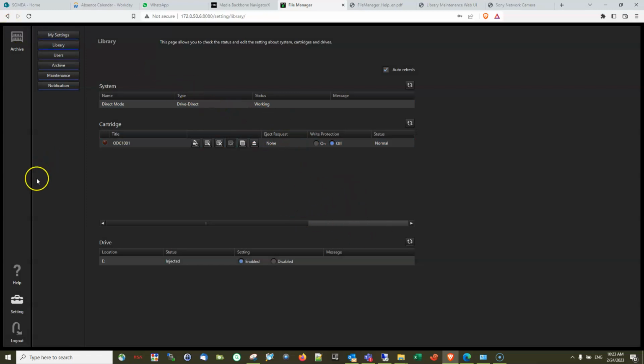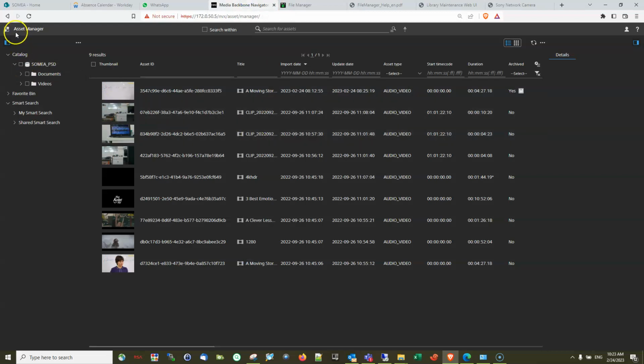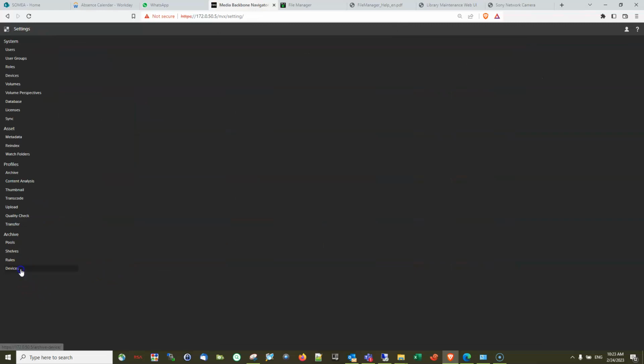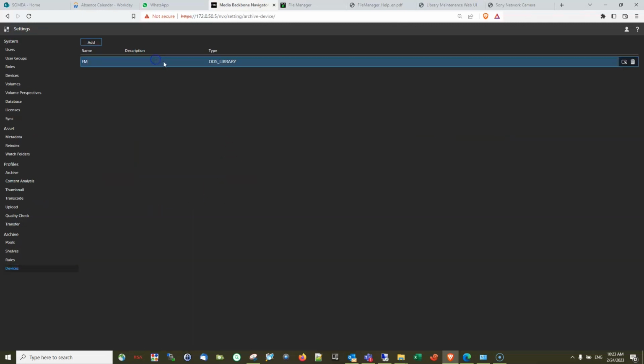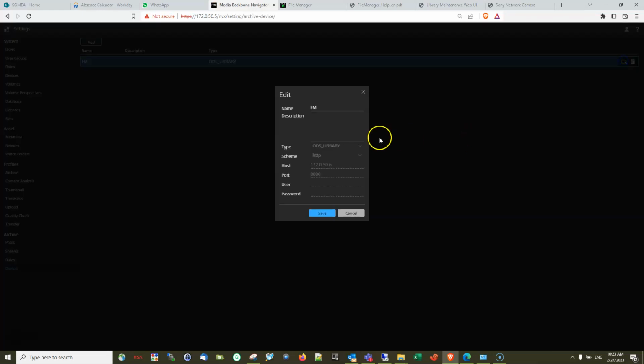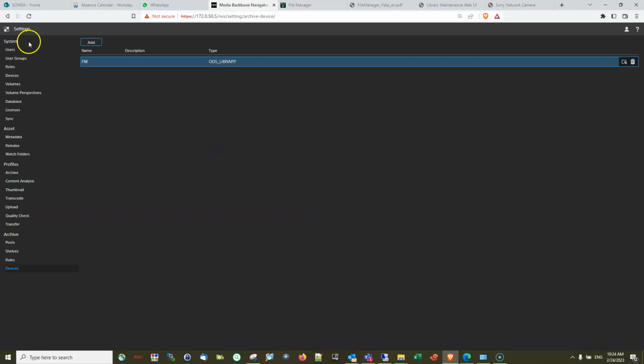So going back into the Media Navigator X, of course, go back to your settings, devices. Make sure that this is correct. Your file manager is correct. So the current setting is HTTP, then the IP address of your file manager, and the current port. You need to put the username and password. Save. Then afterwards, you try again to do the